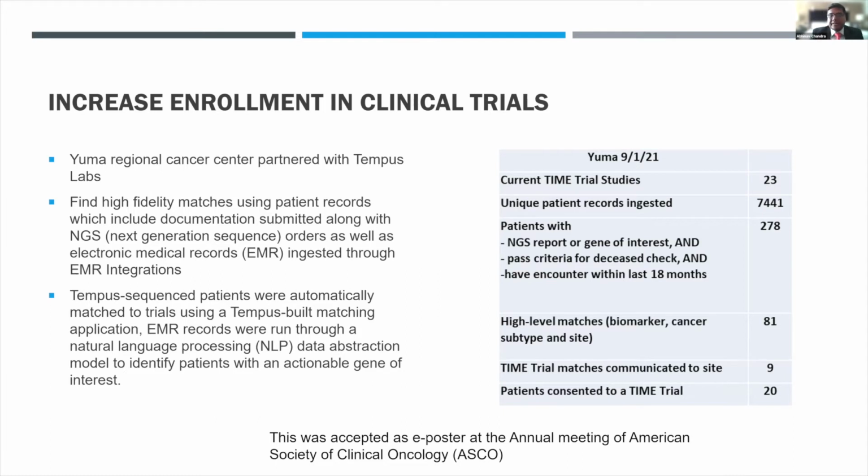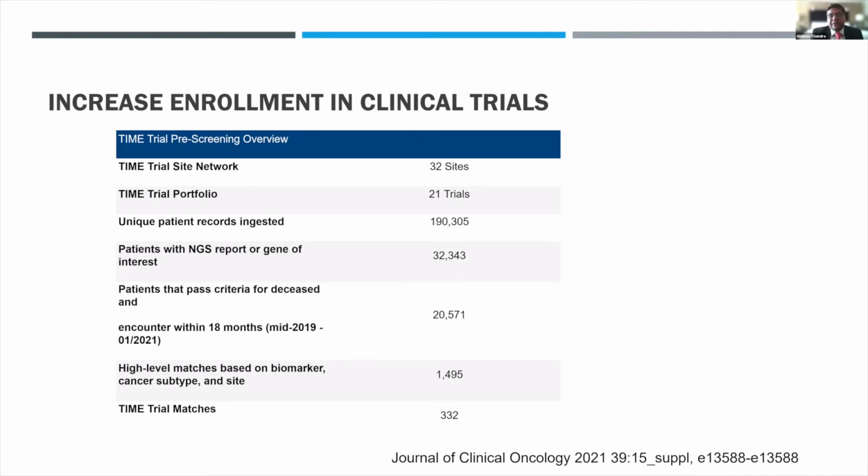The data I'm presenting on this slide is specific to Yuma, and the whole data from all the other sites of the clinical network: they had 32 sites. They had 20 to 23 clinical trials. Again, the number of unique patient records ingested was almost 200,000. NGS report or gene of interest were around 30 to 32,000. The number of matches were around 1,500, and trial matches were around 332 based on these. So again, great success by this partnership, using AI to help enroll patients, especially in clinically underserved areas, into very